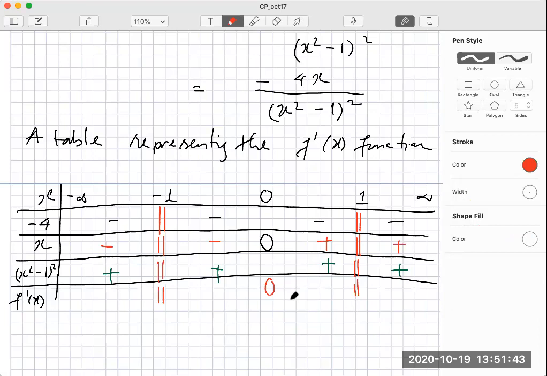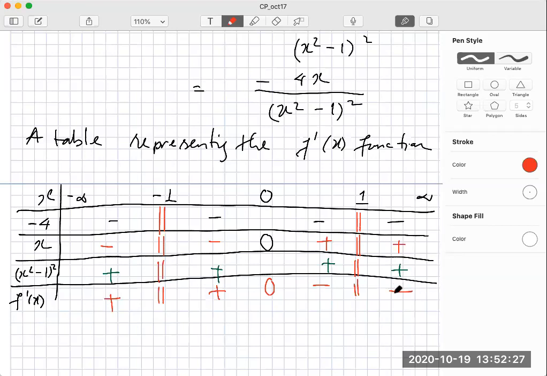So at 0, the f prime is 0. So let us put it this way. Okay. Finally, f prime is the product of these, negative 4 multiplied by x and then divided by the denominator here, which will be, what is it in this domain here? Positive. Very good. Right. And here from negative 1 to 0, is it positive or negative? Yes, positive. And negative times positive divided by positive, it will be negative. And here,